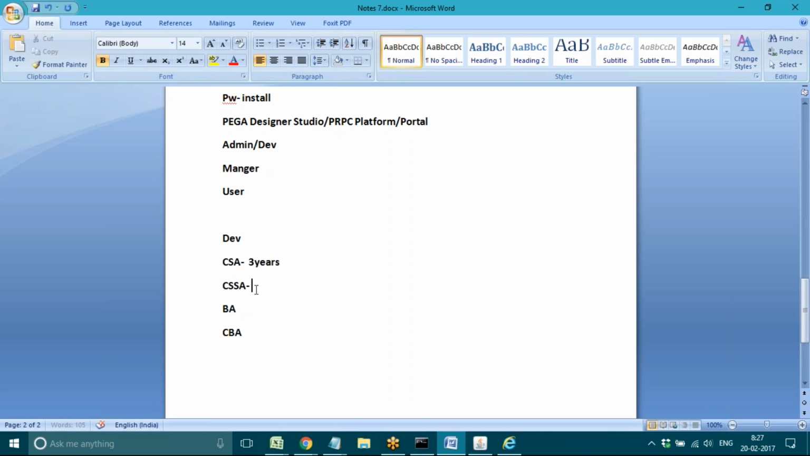If you have more than 3 years and you want to show like 5 or 6 years of experience, you can keep the CSSA also. In a resume you can keep the CSSA also, that you are CSSA certified. Basically, for anyone, even with 1 year of experience, if you want to go, they will ask for